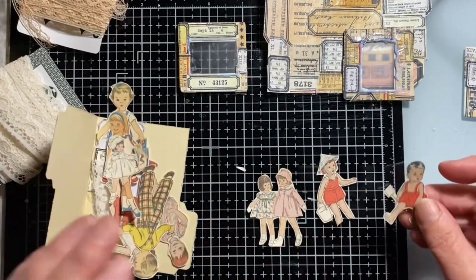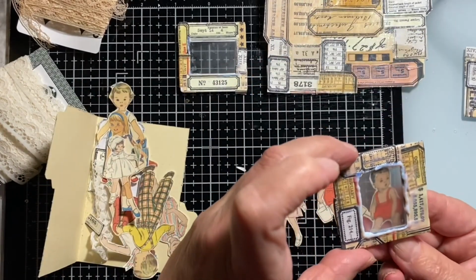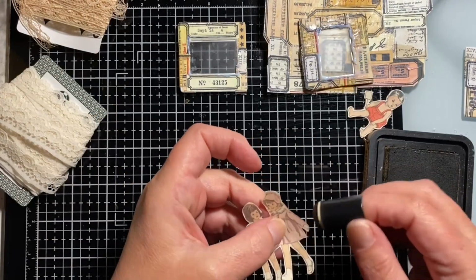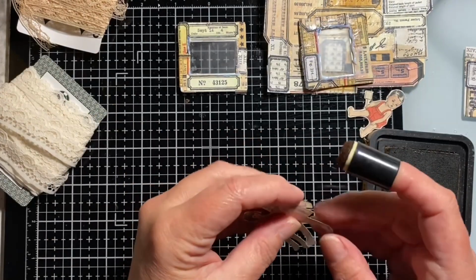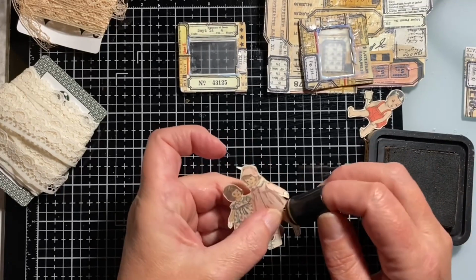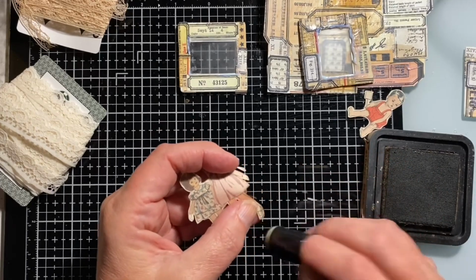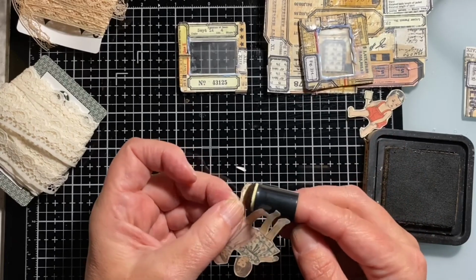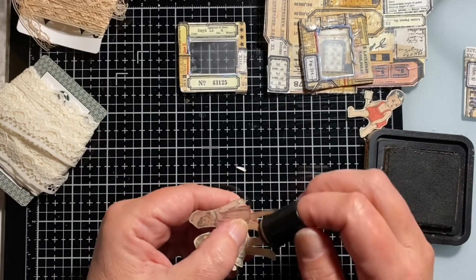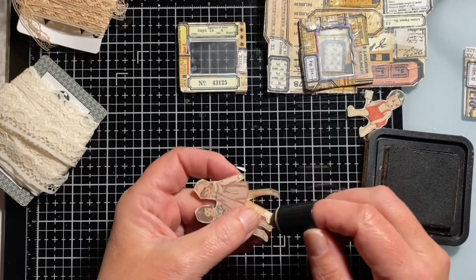Oh, I have this one too. I think I want this one instead. Oh, how cute is this little guy with his shovel? I'm just going to ink very lightly around all the edges, and I'm trying not to get all over the images themselves. I'm very good at making a mess. Okay,